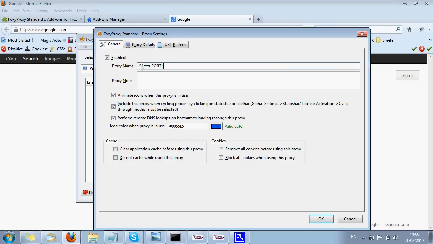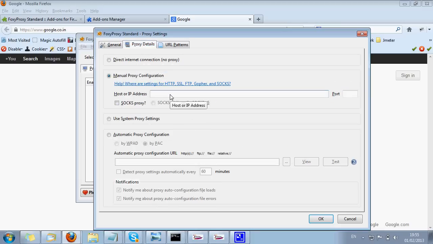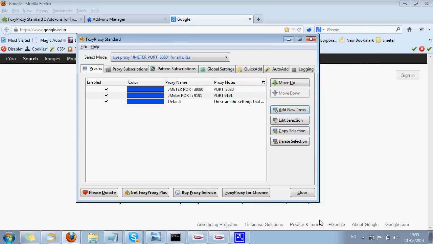Just note, I'm sorry, 9191, and we can do any kind of setting over here as per our requirement. And now I'm going to add localhost and the port number as 9191. Okay, so here it goes, 9191. Done.